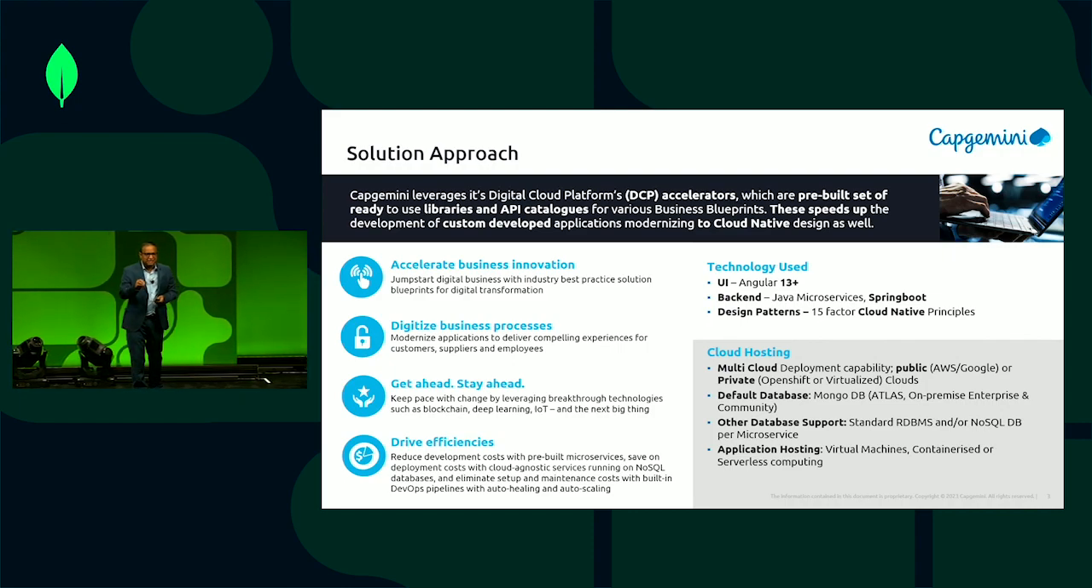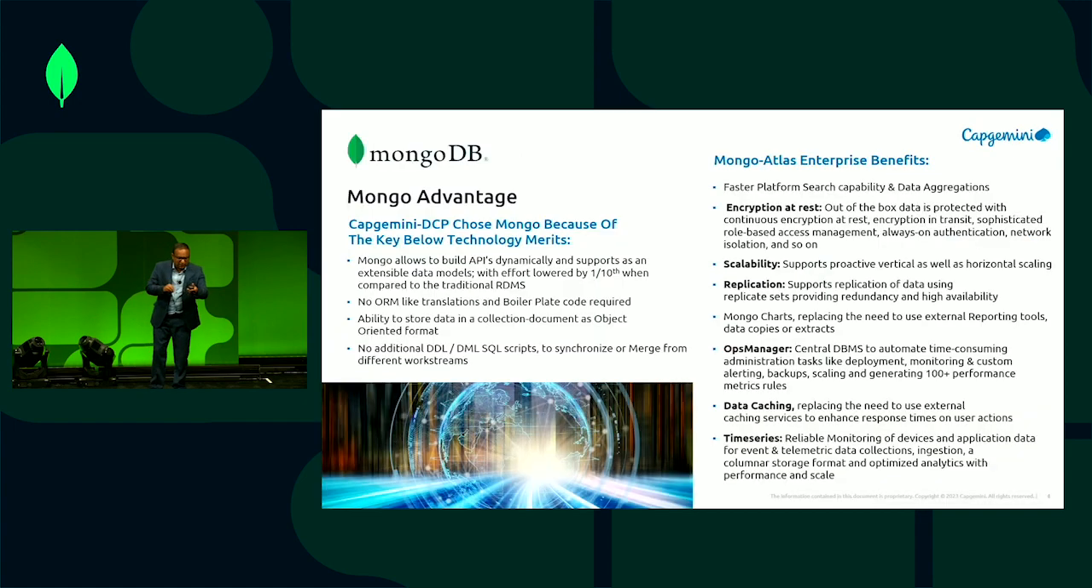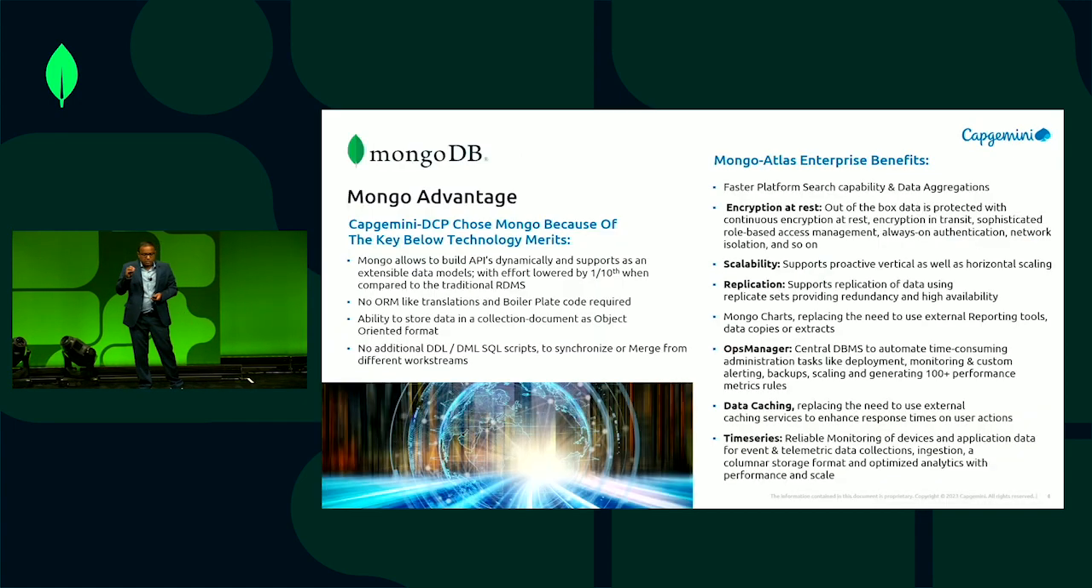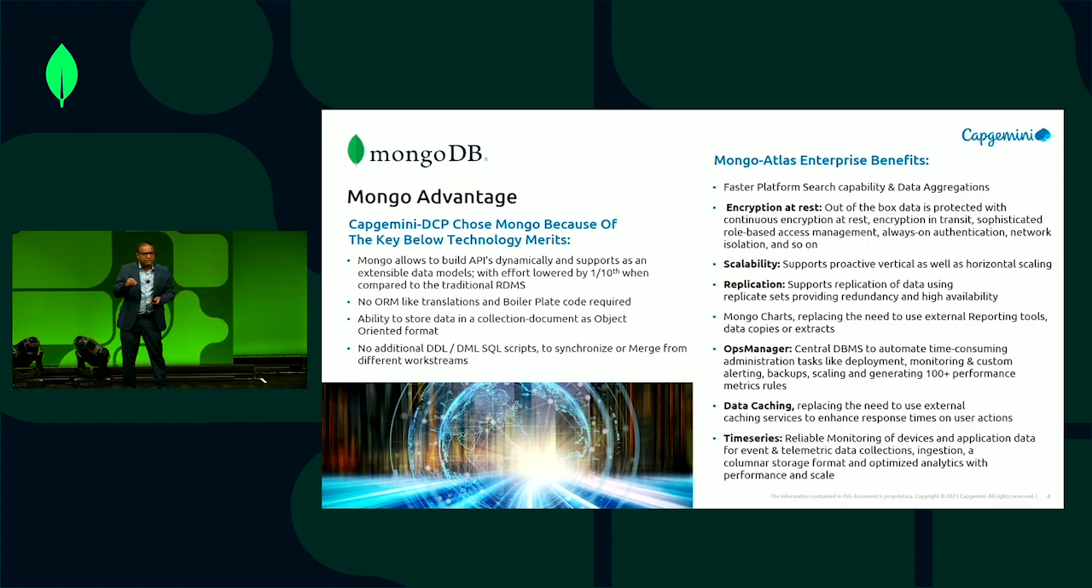Again, this is the key thing that I want to highlight. The default database is the Mongo database. The reason why we chose it is in the next slide. I'll talk about that now. So the Mongo advantage, right? When we chose this database, when Capgemini was trying to work with various hyperscalers and the accelerator-based solutions, we decided to work with Mongo database